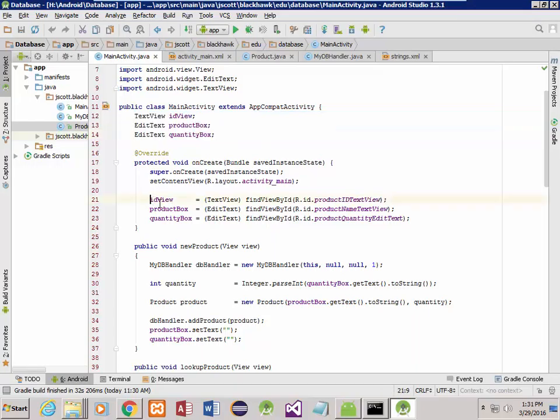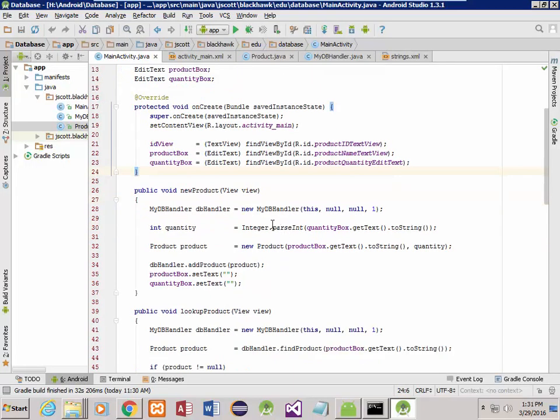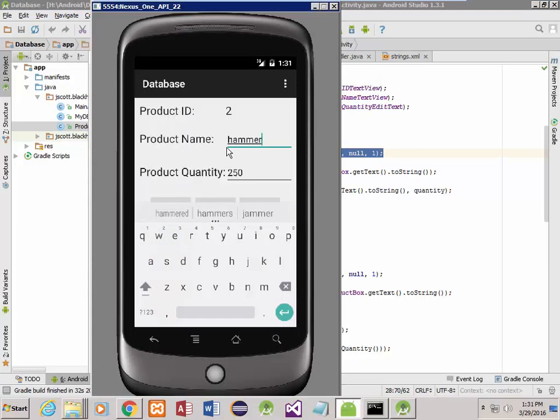Then we've got to map them up to what's in our XML. All right. And then we come in here, and we're going to look at this in just a minute. But here, that's our database handler. This is how we're tying it to the database. Remember, we want to go back and forth. We want to be able to either take something here, put information in here, click the button to save it, and have it go into the database, or we want this to be blank. We want to be able to put a product name in here, click here, and have it find the associated